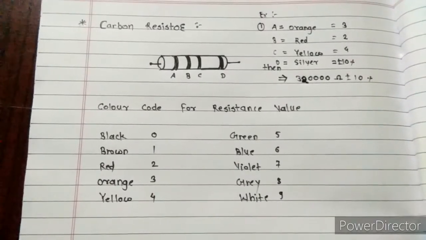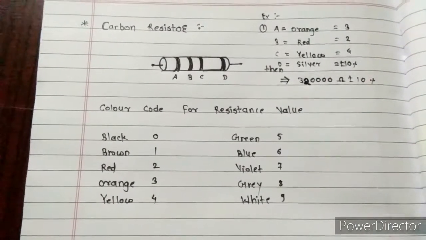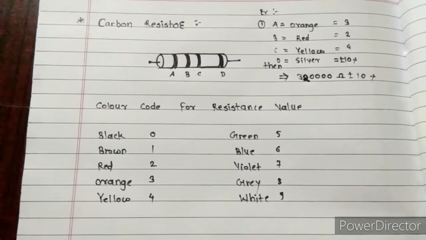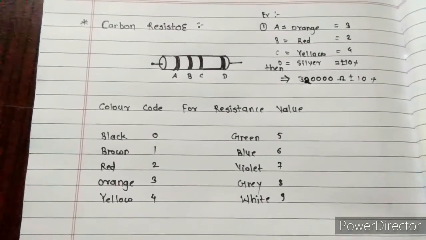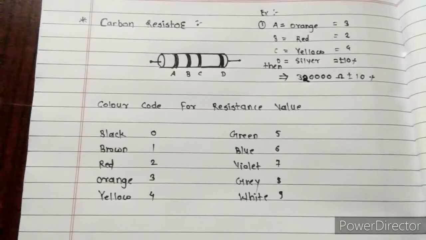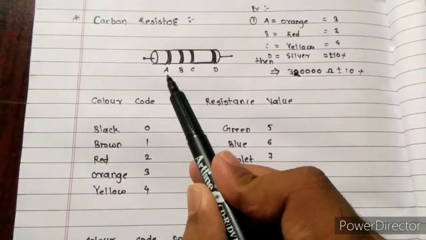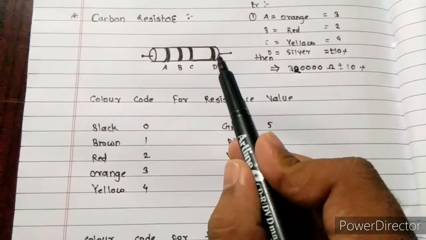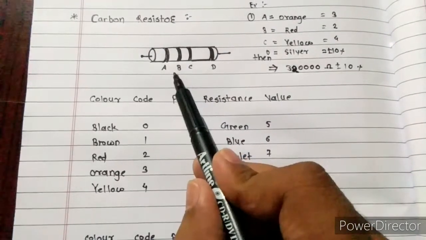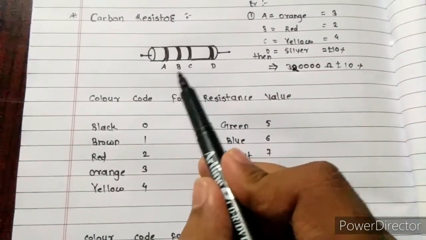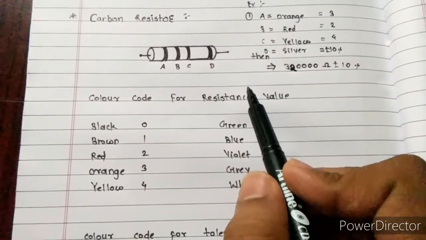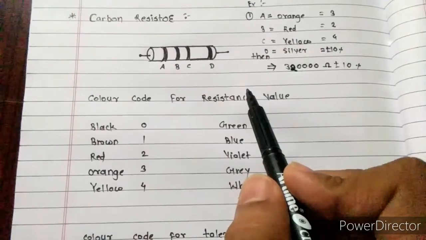But carbon resistors are very small in size, so it is quite difficult to mention the value on the resistor. To overcome that drawback, a carbon resistor is provided with several bands. As you can see here, there are 4 bands. The first 2 bands indicate the first 2 digits. The third band indicates the number of zeros behind those digits, and the last band indicates tolerance,